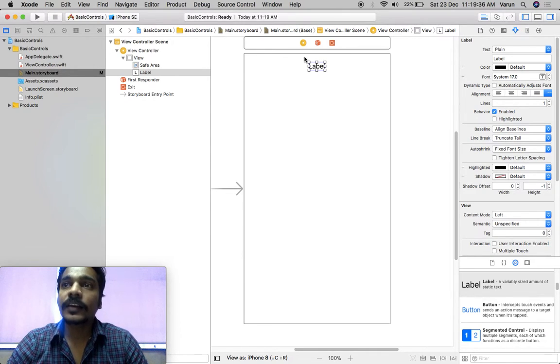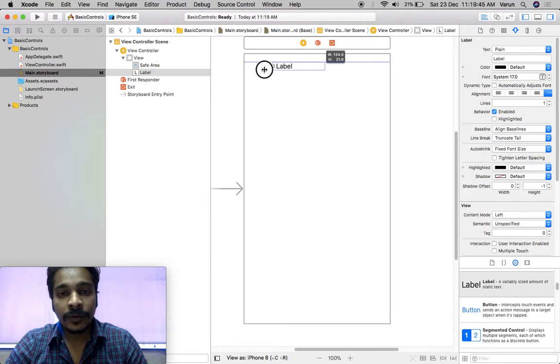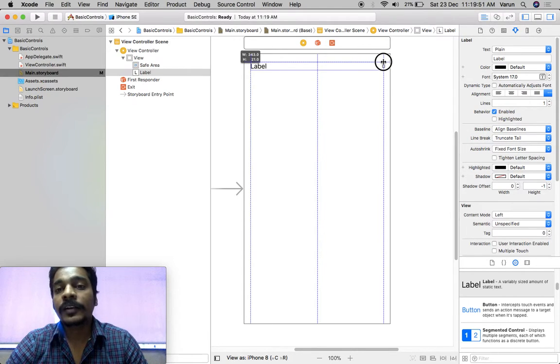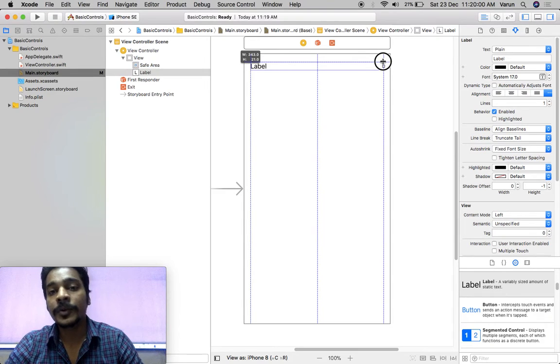You can create UI, you can use this area as well, but you should not use it, right? So what we'll do, we'll create this label in this area. So see, the middle blue line is saying that you have created this UI and